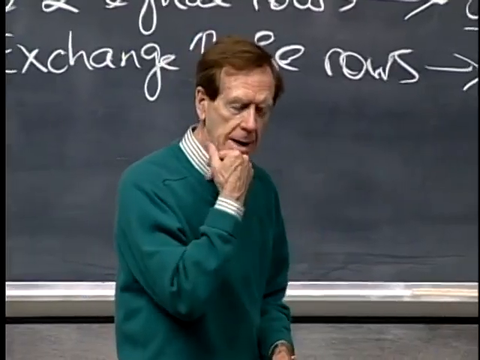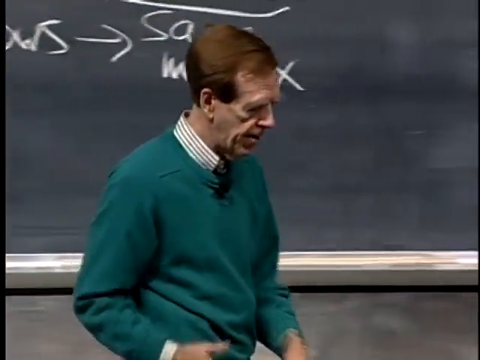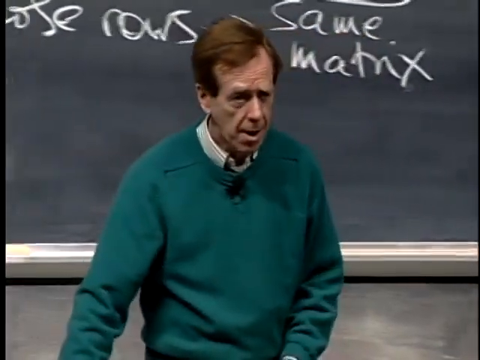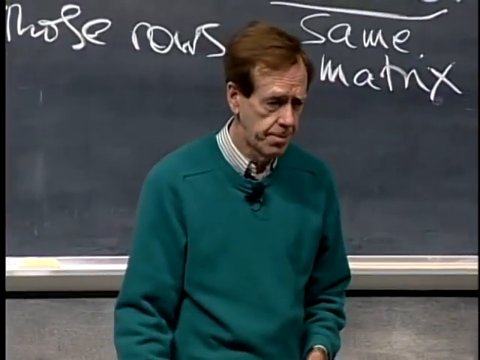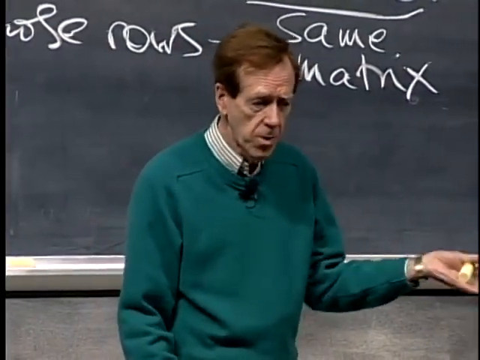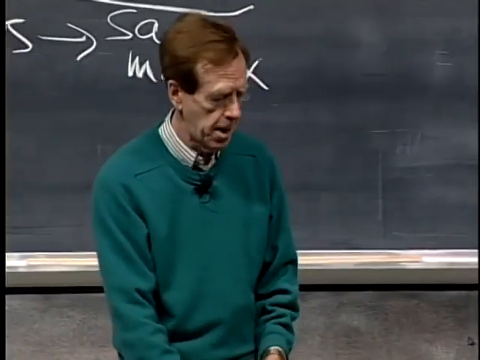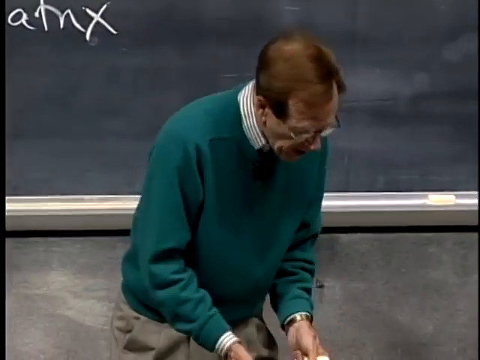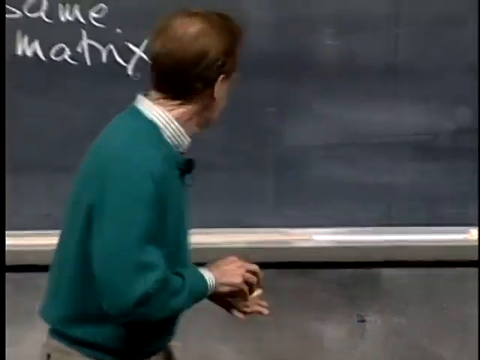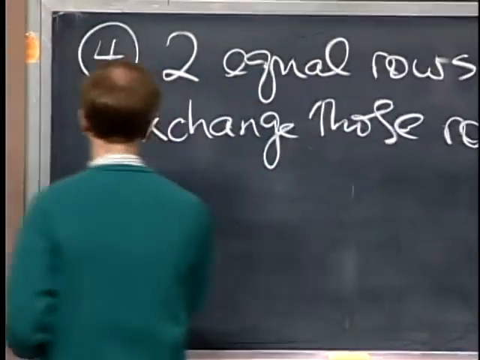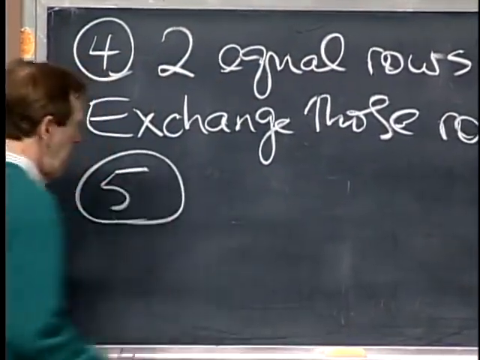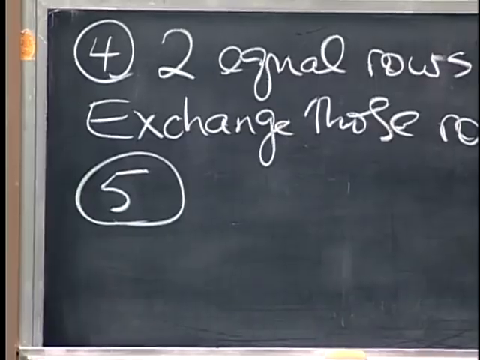And of course, in our minds, that matches the fact that if I have 2 equal rows, the matrix isn't invertible. If I have 2 equal rows, I know that the rank is less than n. Okay, ready for property 5. Now, property 5 you'll recognize as a key. It says that